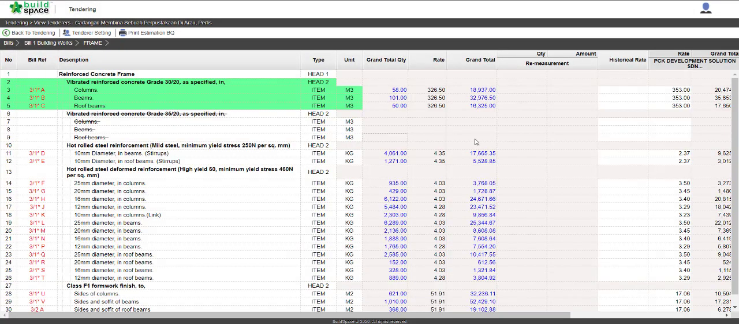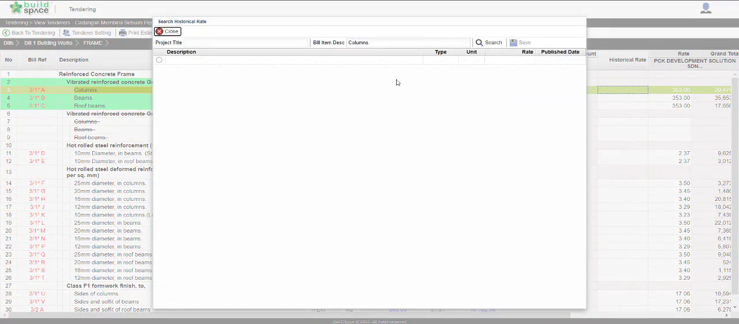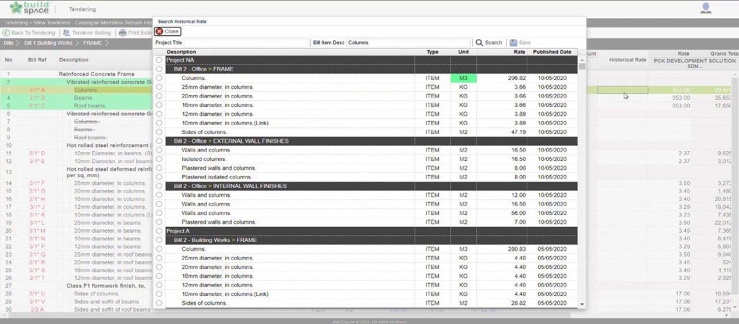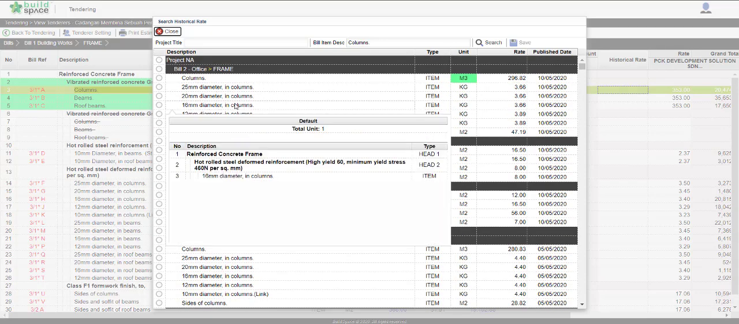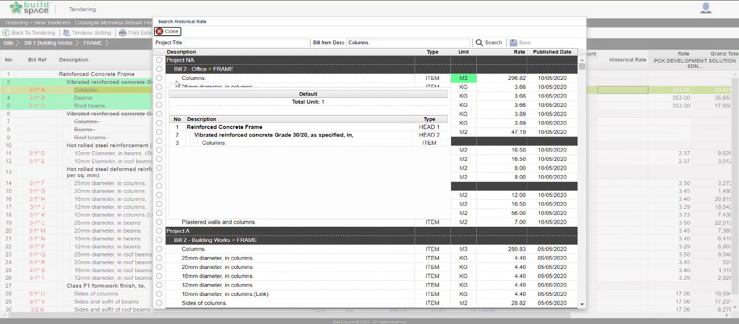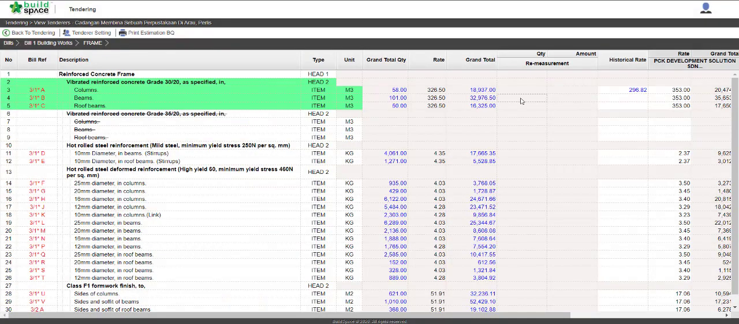And then we can go to the historical rates. Take for example this reinforced concrete frame grade 30, we click on the historical rates and press enter. Then we can see the historical rates available from the previous project that uses the same description and the same items. We can proceed to click on the columns and click save. So once the historical rates have been imported, follow suit with the other description items. So then we can go back to the tendering,